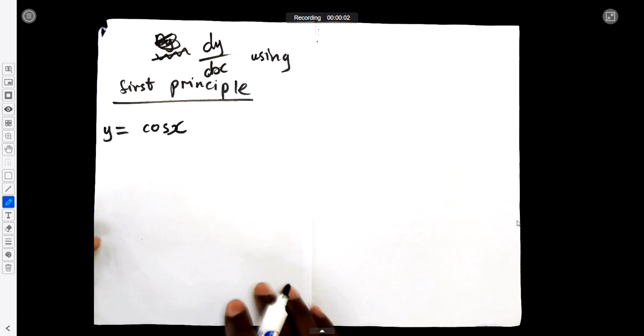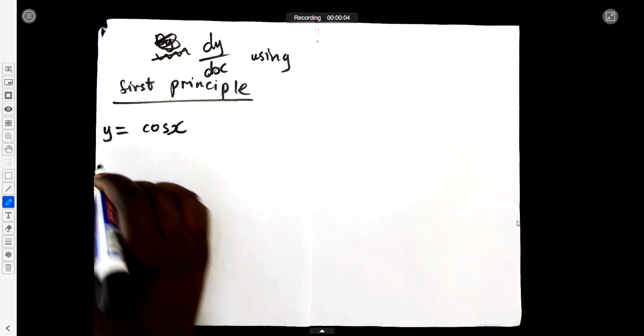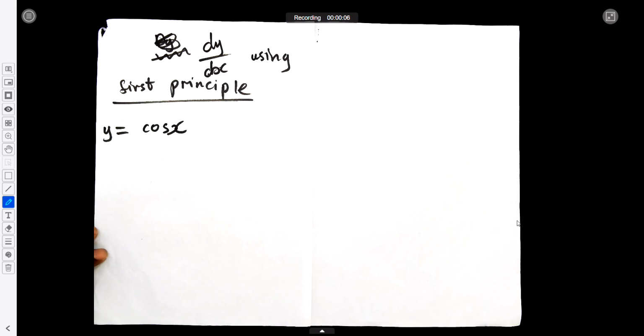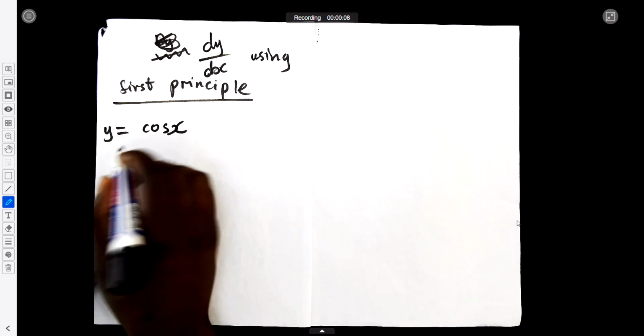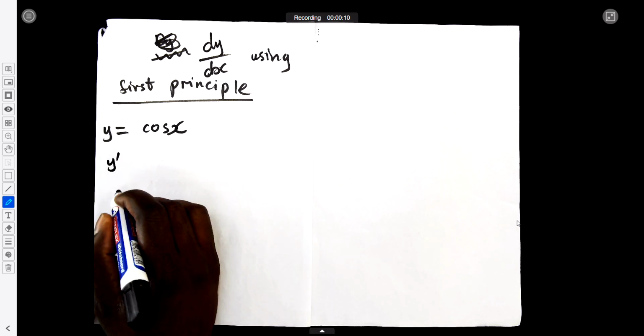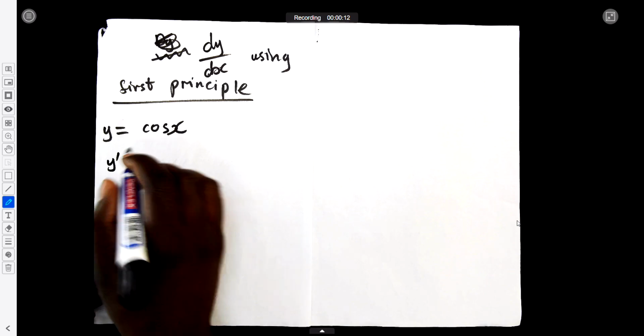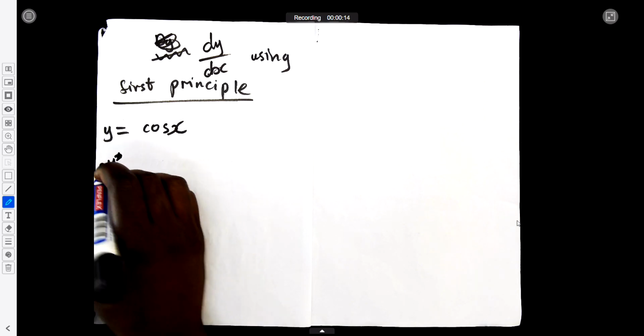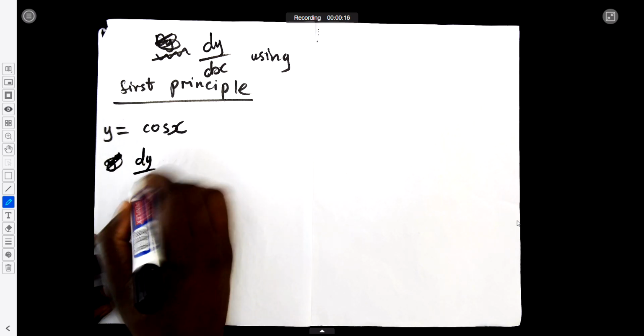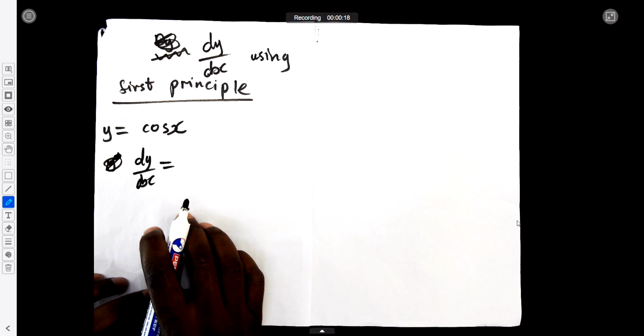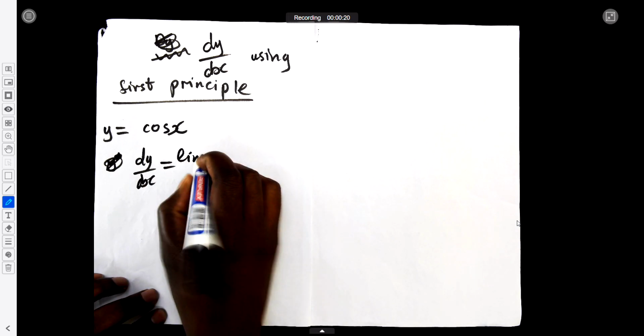So we know that the derivative of cos x is negative sin x. So we need to derive it using first principle. According to first principle, our y prime, or let's stick to the dy over dx as we said, dy over dx will be equal to